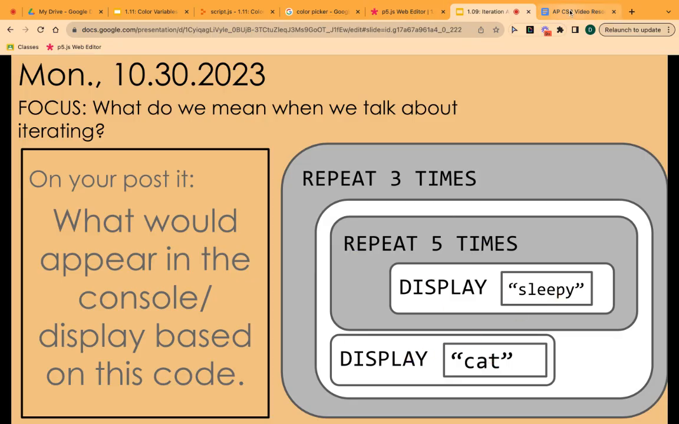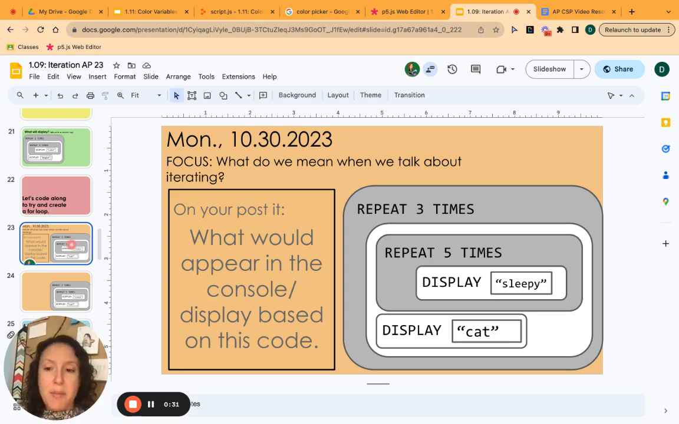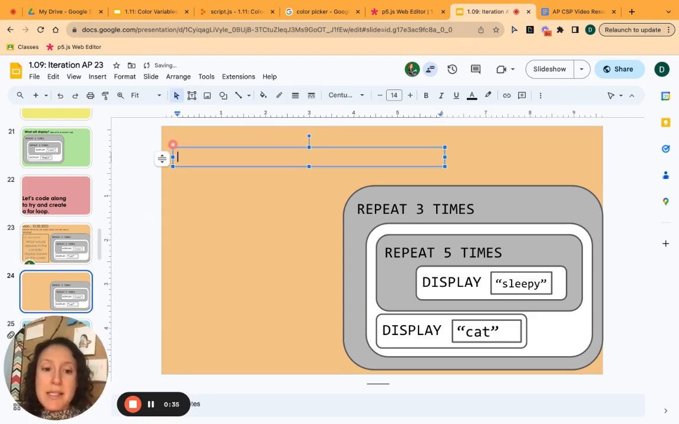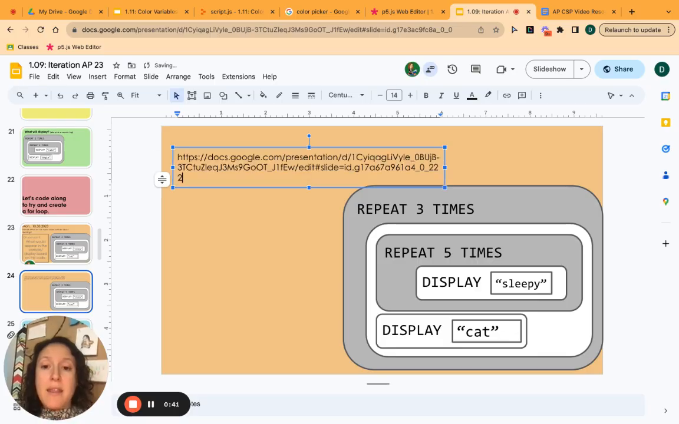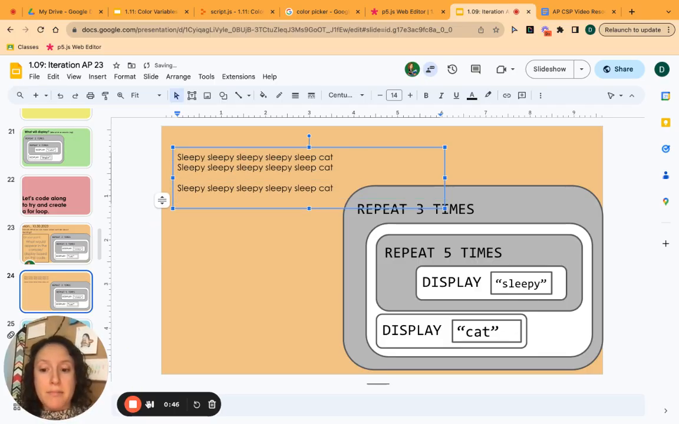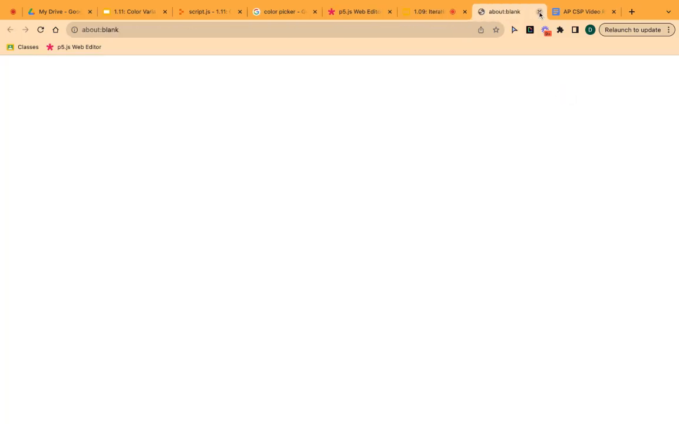This would say sleepy, sleepy, sleepy, sleepy, sleepy cat. I should type it out for us. We would see sleepy 5 times, cat, and then that entire thing would be repeated 3 times. Okay, so